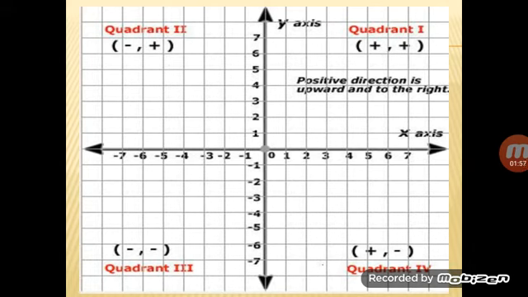Now when the values come with different signs, we can place them by using their specified area. In quadrant 1 we place points where both x and y are positive, so plus 2, plus 3 will be placed in quadrant 1. In quadrant 2, if x has a negative sign and y has a positive sign, we will place that point over here. In the third quadrant, we place an ordered pair which has both x and y negative values. And in quadrant 4, we place an ordered pair in which x is positive and y is negative.